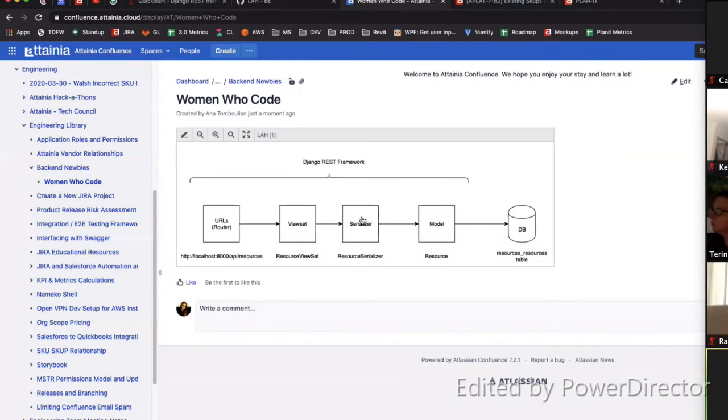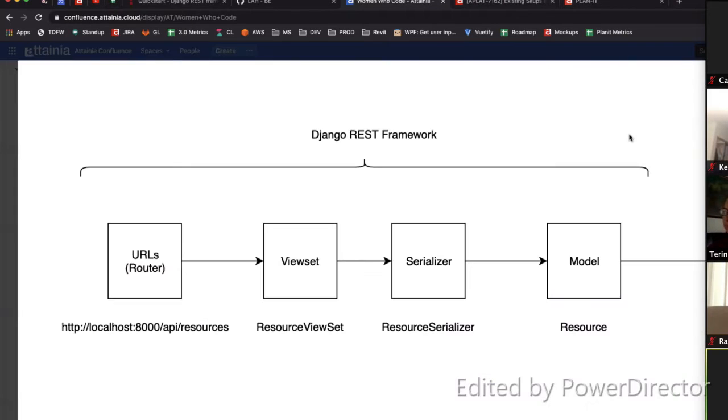I have a diagram here, just kind of for an overview before we dive in. I'm going to walk you through the high level of what's going on so that you can follow along, so you're not wondering what the end goal here is. So if I go to a website,